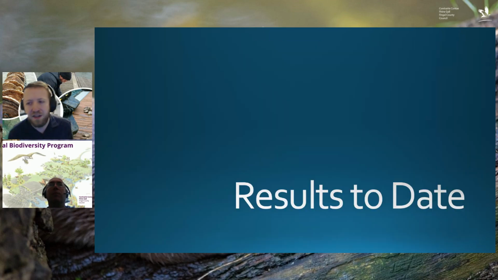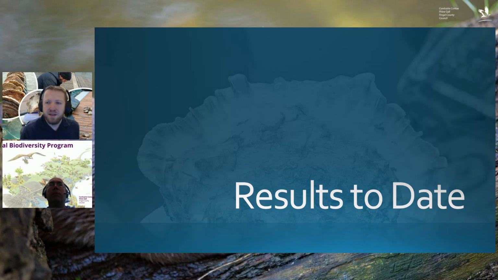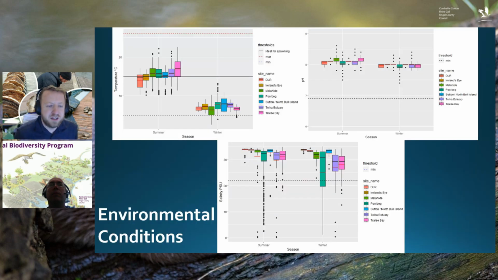So some of our results to date here. This is a quick look at some of that EPA data, focusing in on some of the sites that we're working with. We're looking at Tralee Bay as a reference site for the oysters there, since we know that the conditions there are very, very suitable. That's the pink bar there, and then the rest of the bars are the sites that we're looking at in and around Dublin and Fingal County Council areas, and even a little bit further for some.